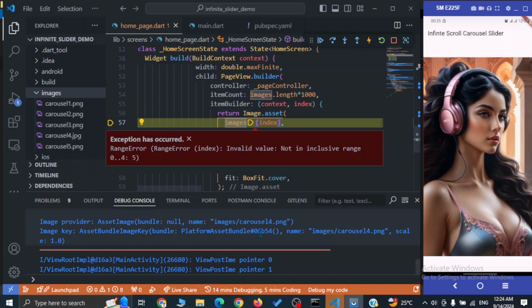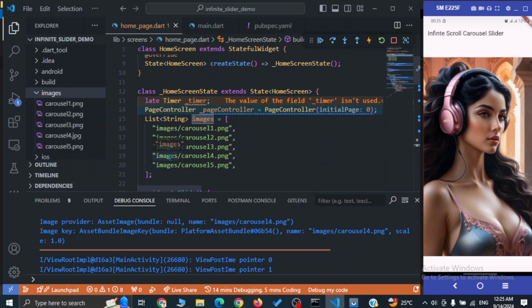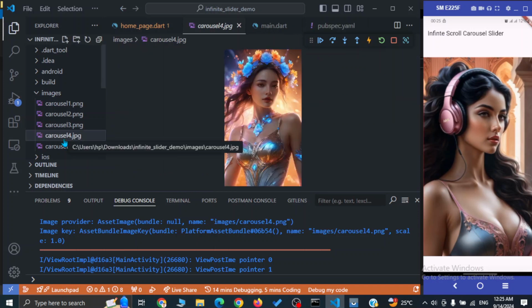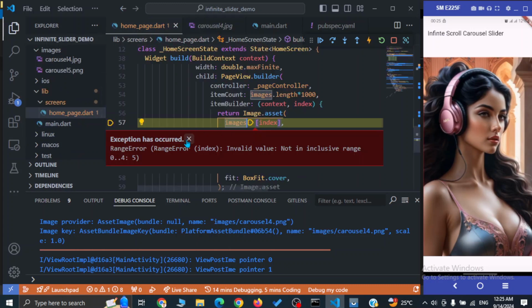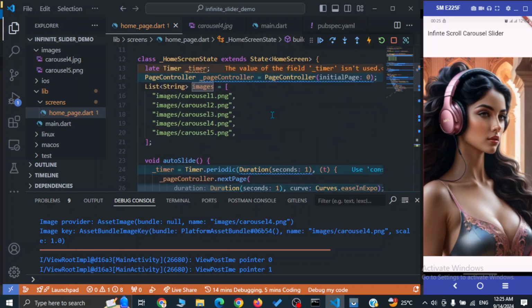we have a problem in carousel4.png. I'm not sure why it is not loaded. Okay, for now we'll focus on what we are trying to achieve. So if one image is not loaded, we'll not stick with it. Okay, so if it is having a problem, then we will make a duplicate of another, or we can simply comment this. Okay,